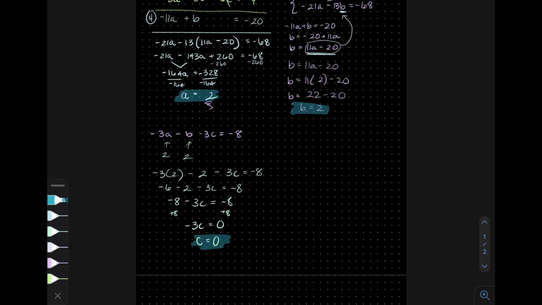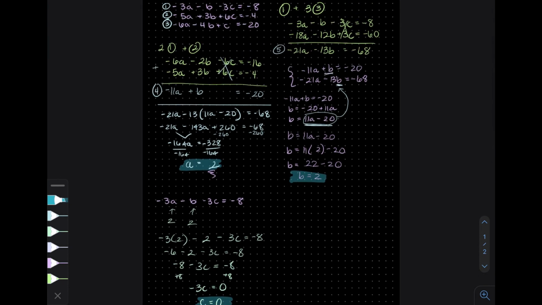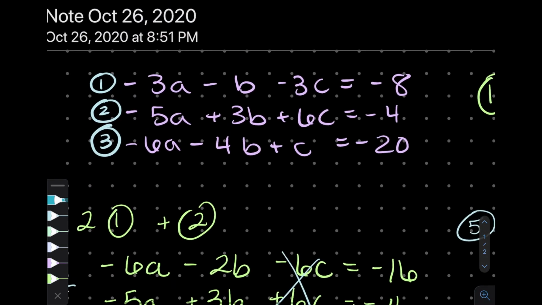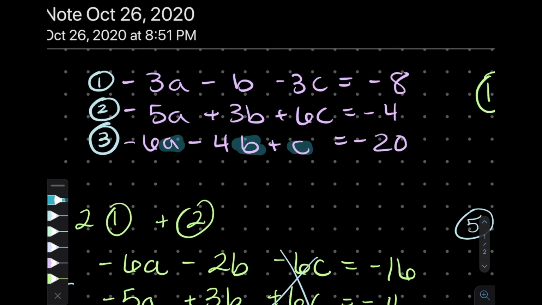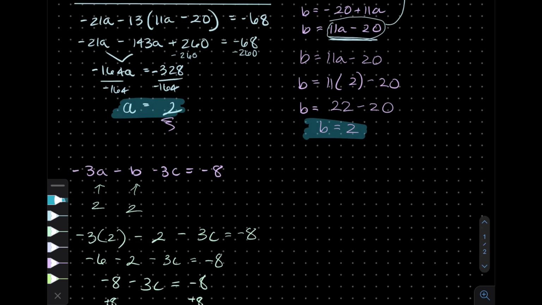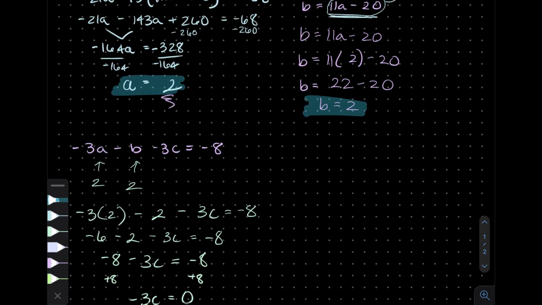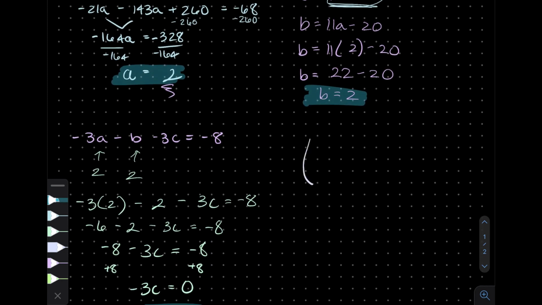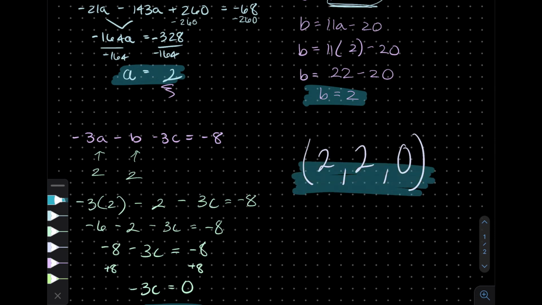Okay, I'm not going to for the sake of this video, but you could always plug in 2 here, 2 here, and 0 here, and you'll see that it's negative 20. You don't have to do that, but it's a good way to check your work should you have time. So our final answer is 2, 2, comma 0, and one more hiccup along the road, but this time I wasn't rushed for time, so I was able to spot it. All right,